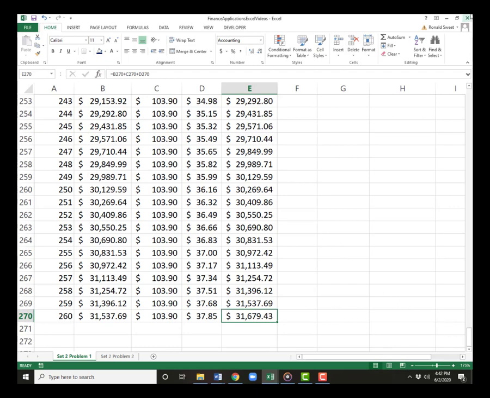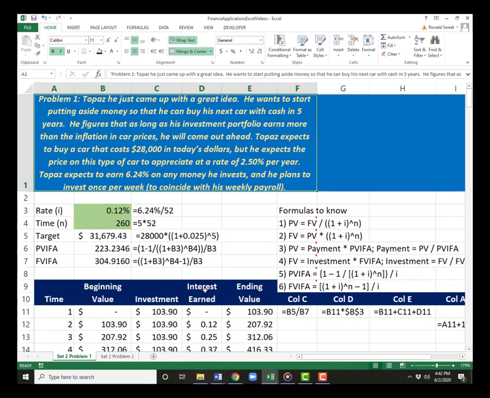Well, you could drag it up, but there's one thing I want to show you here. You have a control button on your computer, and you should also have a home key, H-O-M-E. If you just hold the control button and hit your home button, it takes you back up to the top. And then you can see we got